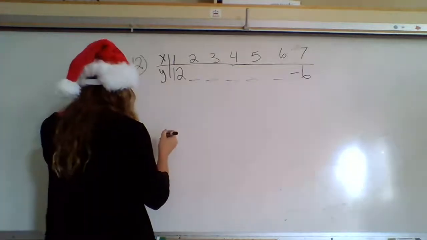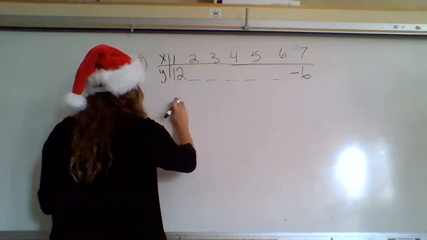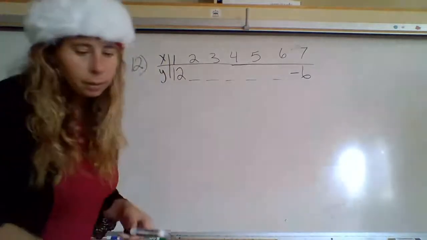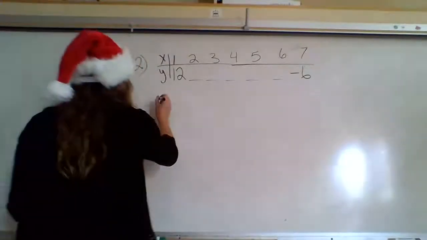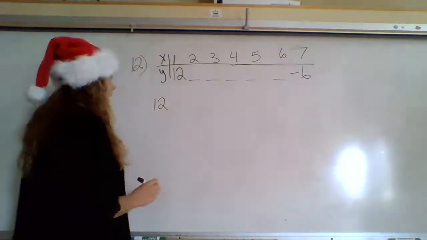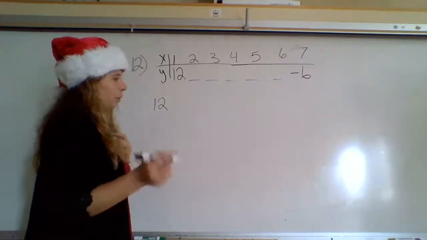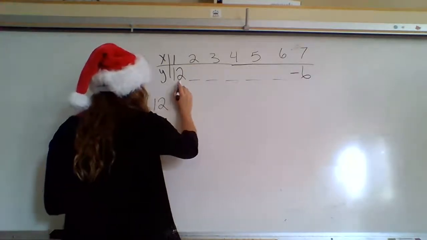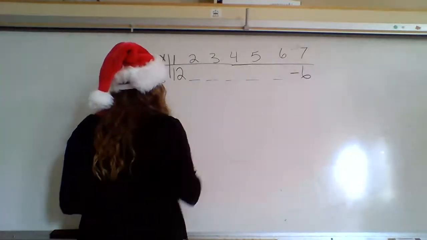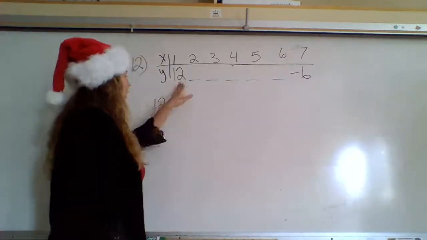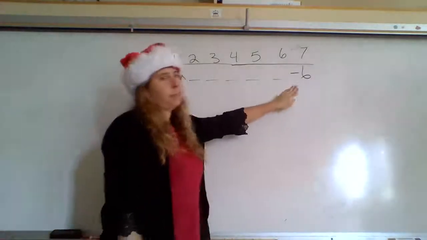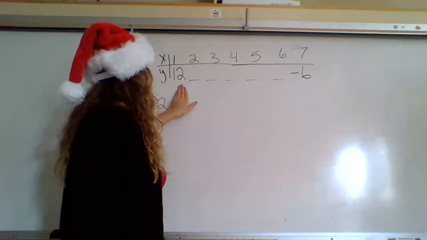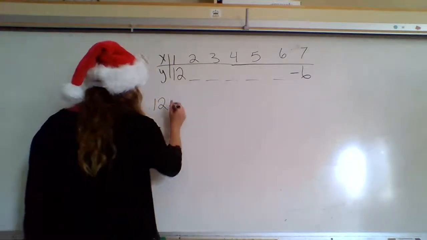So, who do I start with? Okay, so I start with 12. 12. And then, so this time I'm adding or subtracting something each time. Let's see. So 12 to -6. If I'm going from 12 to -6, that means I'm subtracting something because I'm going from a bigger number to a smaller number. So it's going to be minus,